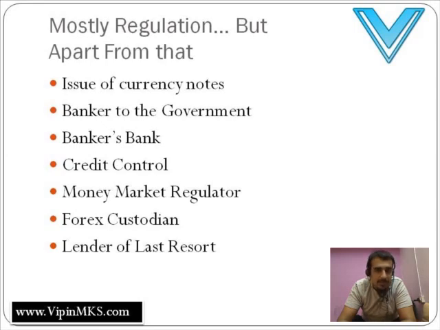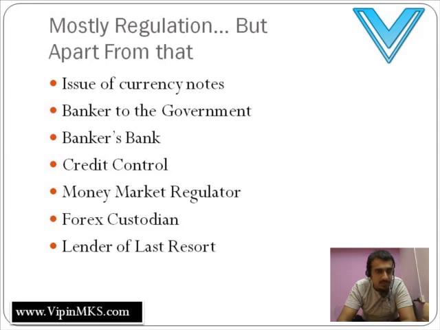Money market regulator. I mentioned something called treasury bills. Treasury bills are a money market instrument. There are three types of treasury bills: 90-day bill, 181-day bill and 362-day bill. Now when you buy a treasury bill, you are in fact making a short-term investment. Money markets are a type of market where the instruments have a maturity of anywhere between 1 day to 1 year. Unfortunately in India, money markets are not as active as they are in the rest of the world.